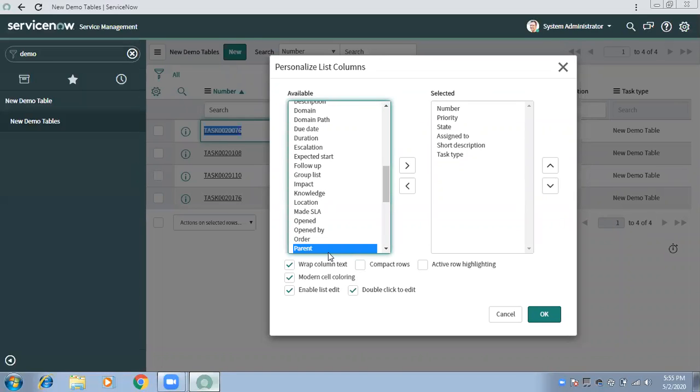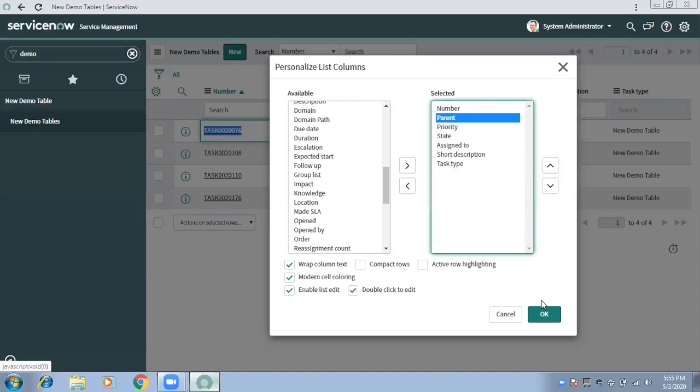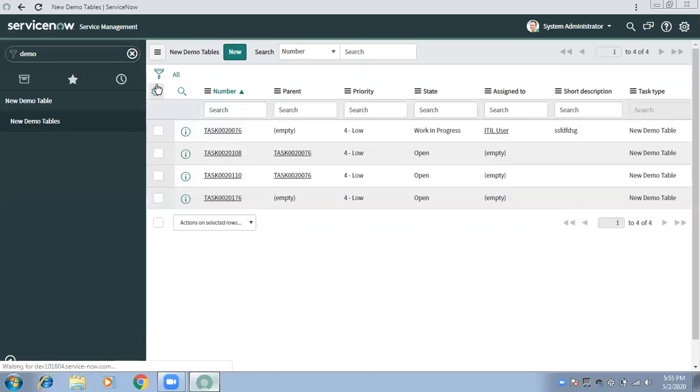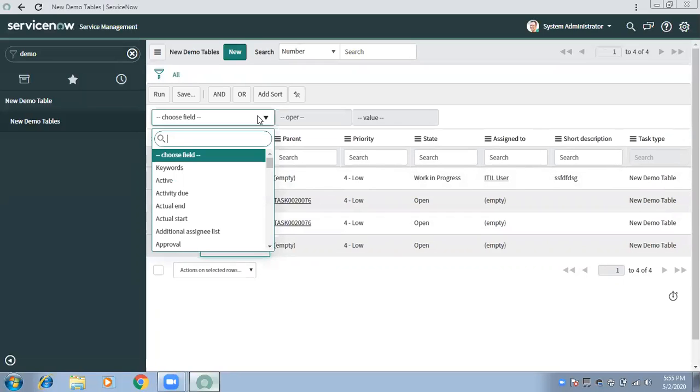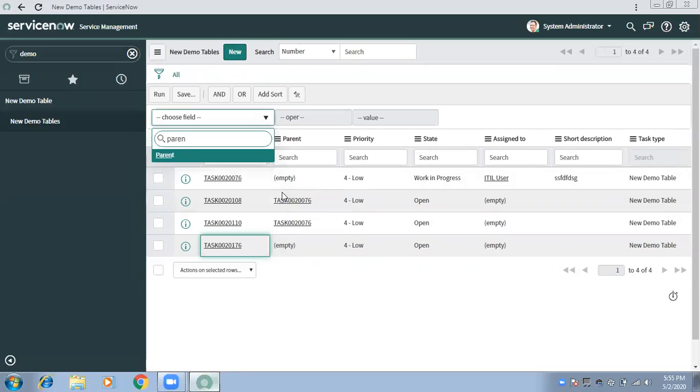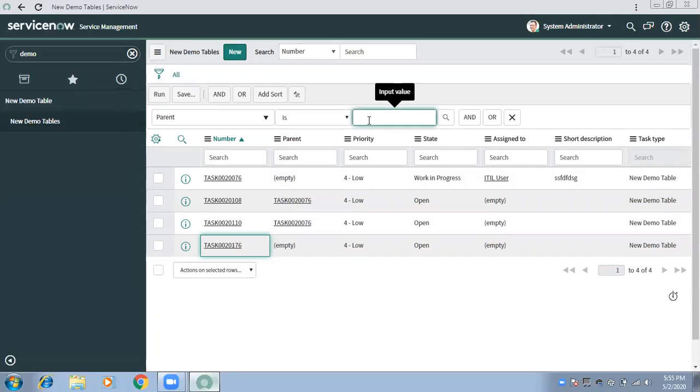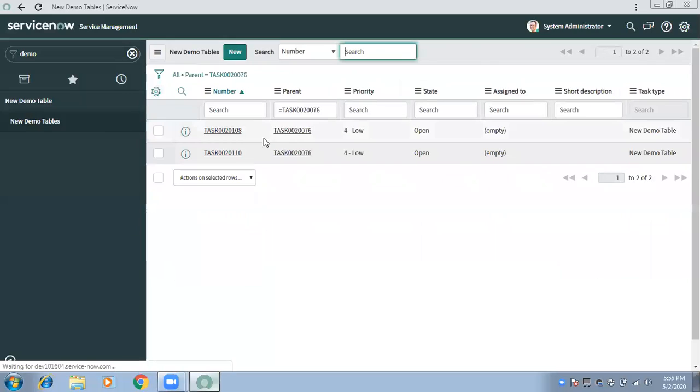Related list will always be there. So I can put a filter here, right? Because only these two records, if you observe, are having reference to this, not this one. So I can use the filter. I can say like parent is, and I will put that record. So I am saying to the system now, just show me the records which are the child of this particular request. See, how many am I getting? Two.